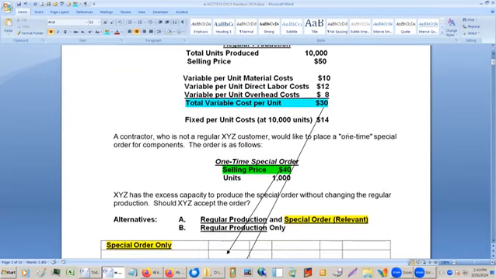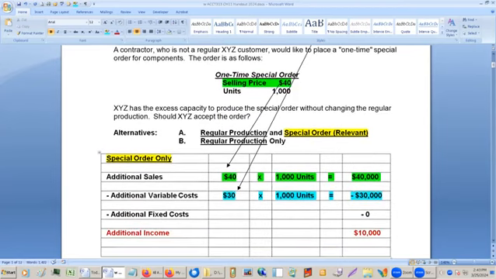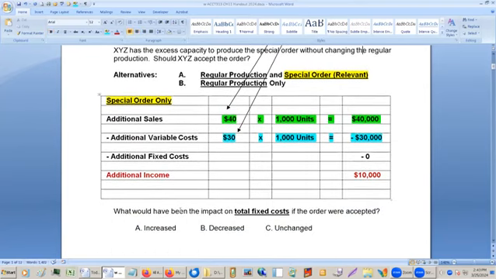If that was rent, for example, the fact that we made another 1,000 units isn't going to make a difference with that. So, should they take the special order? The answer is